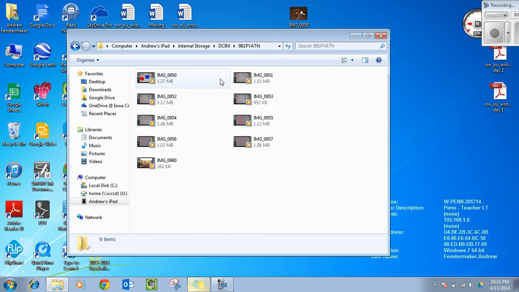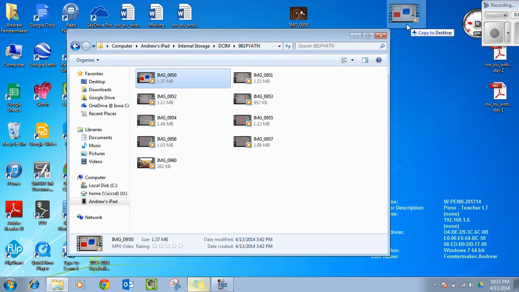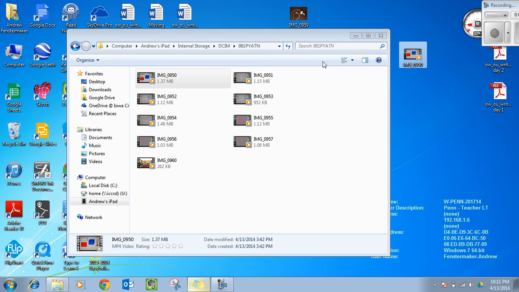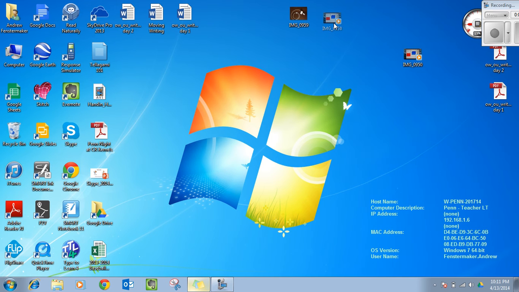But what you need to do then is, once you have accessed your iPad and you want to transfer your video files over to your desktop, you would go ahead and click on which one you want to add, press and hold as you click and drag it to your desktop. You can see it gives me the option where it says copy to desktop. I'll go ahead and let go when I'm there, and what it did is it just took that file that's on my iPad and made a copy onto my desktop. Now from here I've got my video that I can then go ahead and upload to Edline